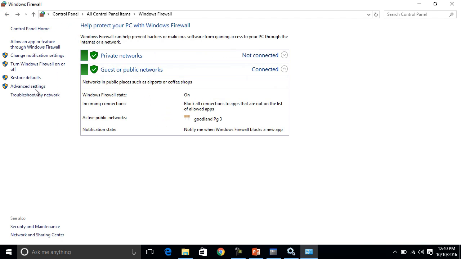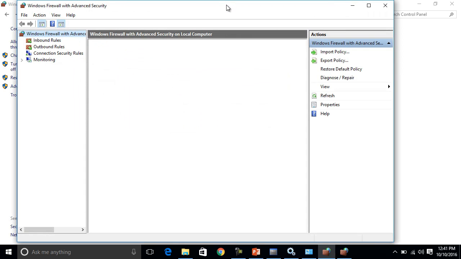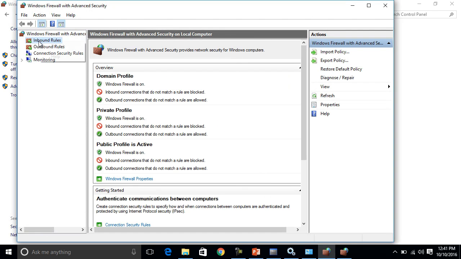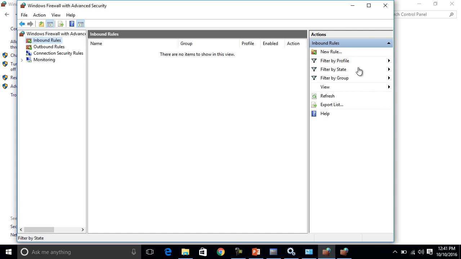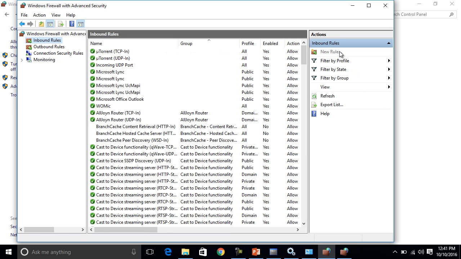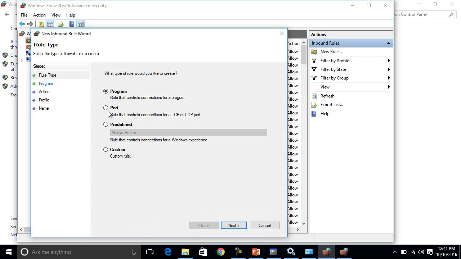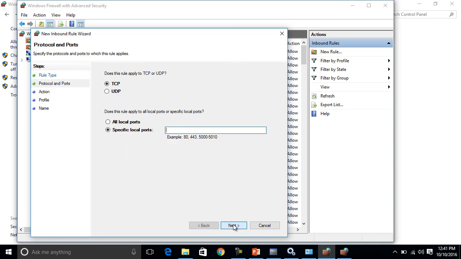Go to advanced firewall settings, click on inbound rules, add a new rule for a specified port, 1521, and allow the connection.